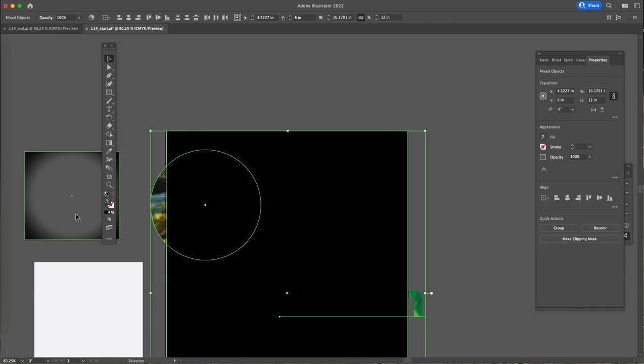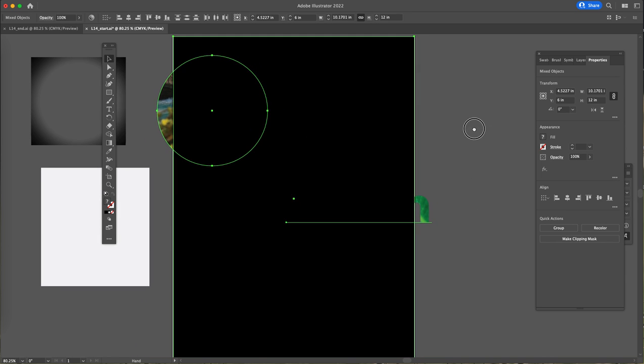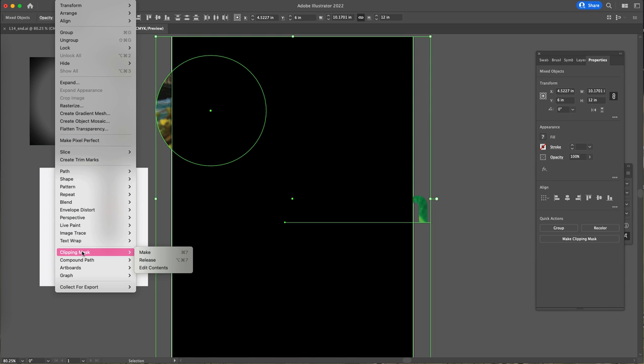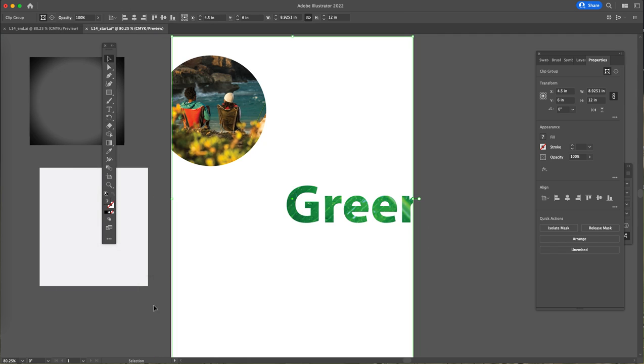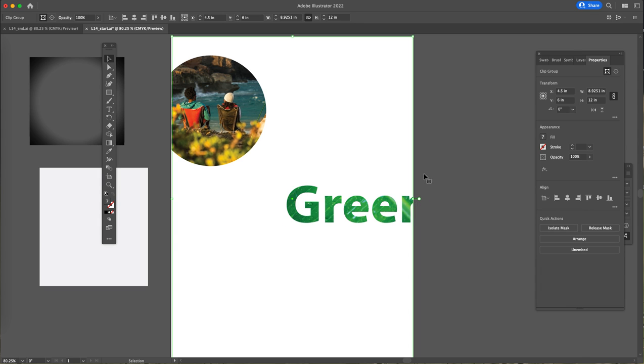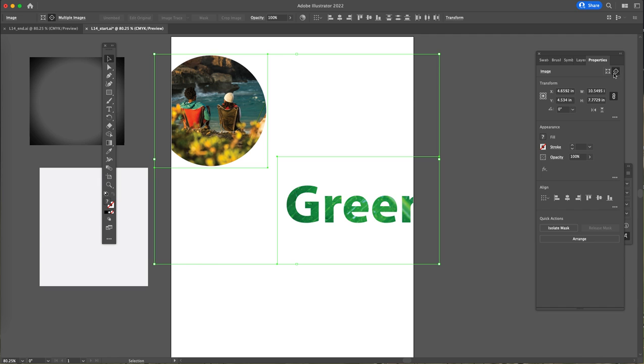So possibly if I didn't want to delete these things off the side, I would go ahead and mask those too. But I'm just going to mask this page just so you can see how you can get it kind of cropped down to the size that you want. So then we go to object, clipping mask, and make. And so now we've got this nice looking thing. It's still there. I can always go back into this clipping mask,